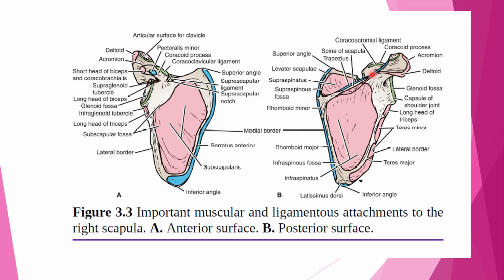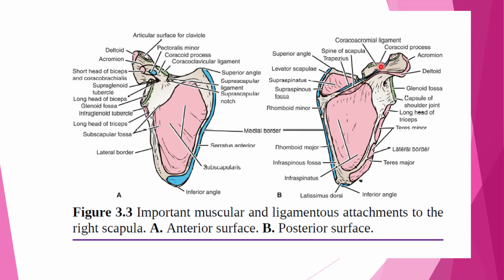Now we'll come over to the acromion process and the spine of the scapula. Can you see here? There is a deltoid muscle, which is arising from the lower border of the crest of the spine. This is the crest of the spine. So deltoid muscle is originating from the lower border of the crest of the spine and from the lateral border of the acromion. It is present over 2 parts. Number 1, it is present on the lateral part of the acromion, and it is present on the lower part of the spine of the scapula. This is deltoid muscle. This is the 5th muscle which we have learned.